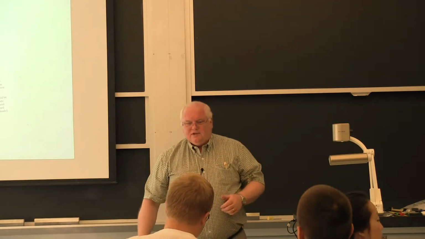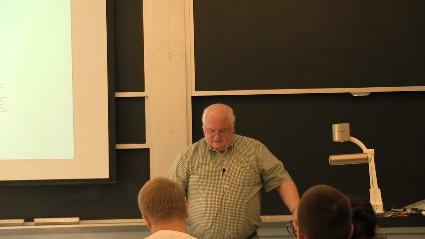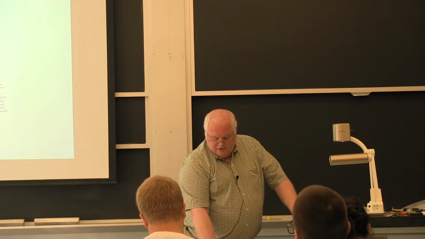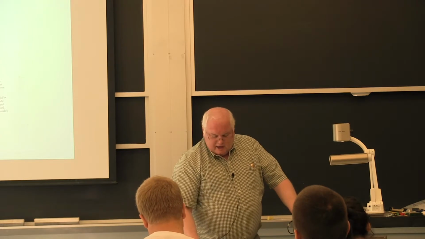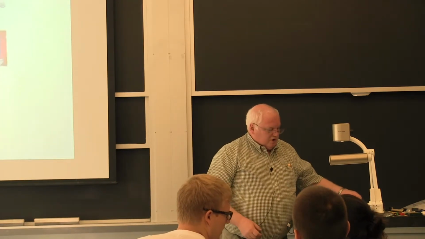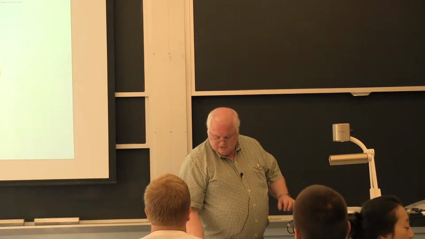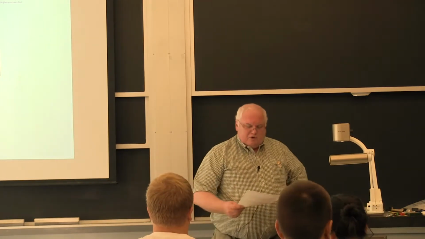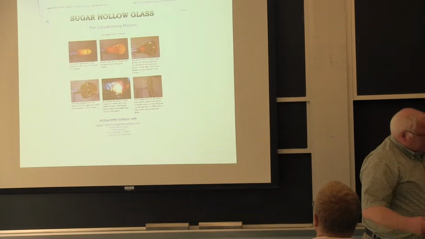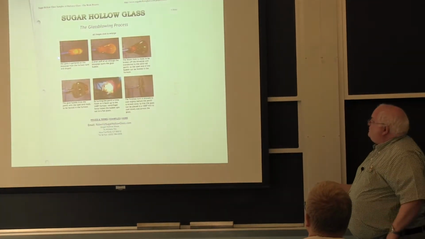Okay? Just a galvanized nail. So you can look at nails. But another industry was to make glass, and they still have glass blowing. If you go look up Sugar Hollow Glass, I think some of these references are on the handout I gave you. But if you look at Sugar Hollow Glass, or if you go to Jamestown, they will show you how they made glass for window panes.